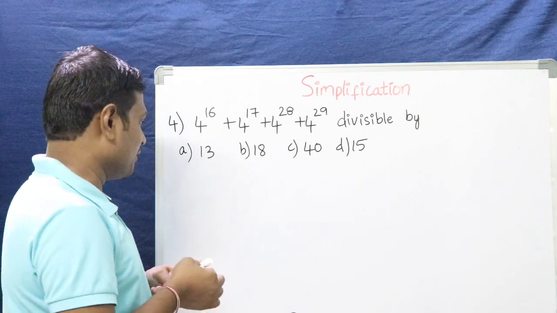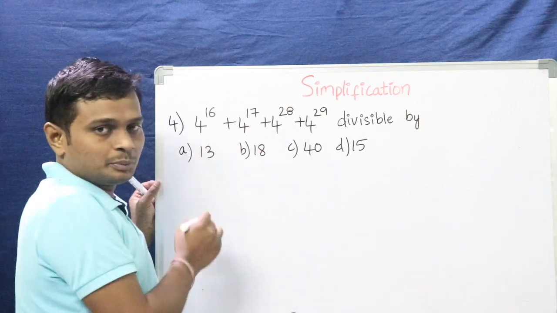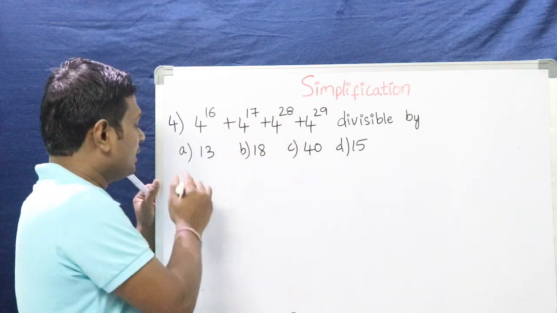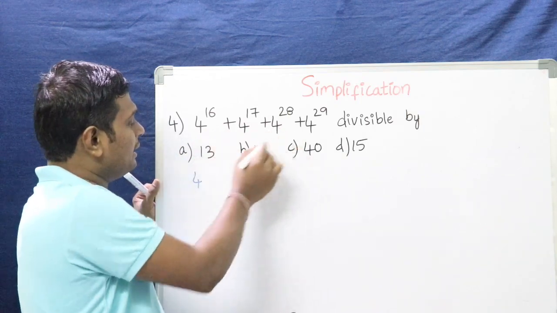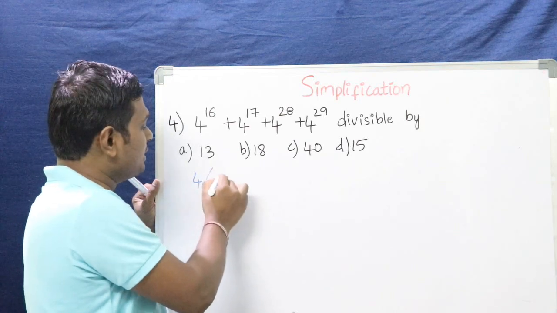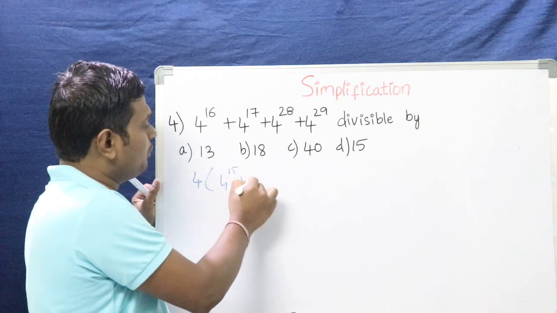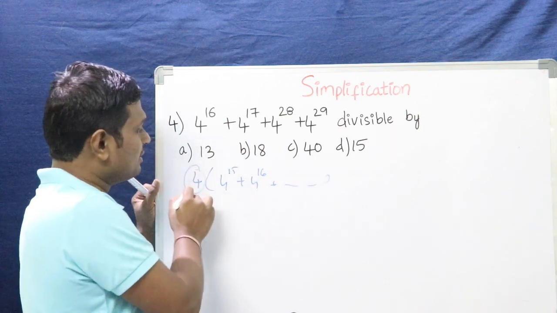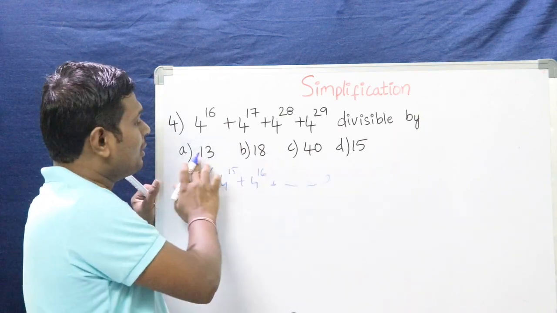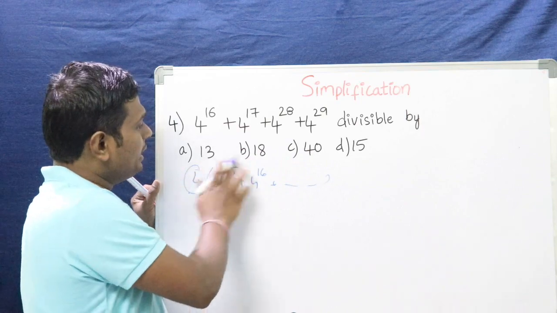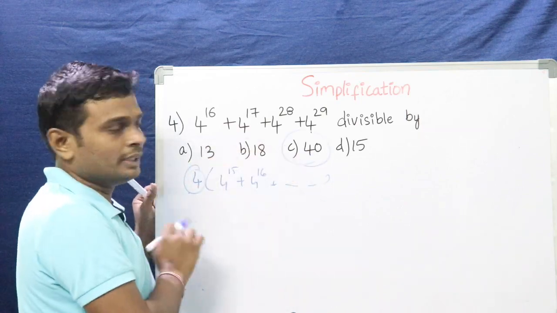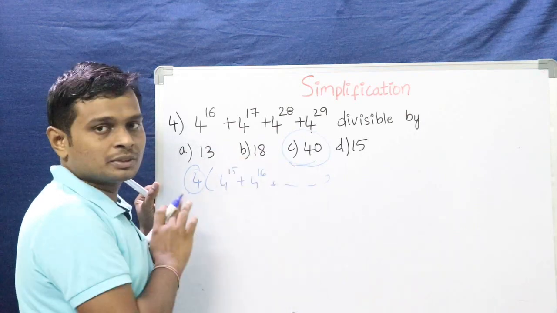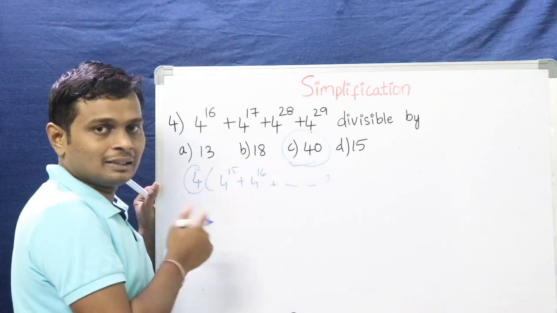The first thing we can do, by looking at the options, is that the result should be divisible by 4, right? How can we know that? We can take the 4 value as common, and the remaining term would be 4 to the power of something, like that, right? That means 4 is a factor of the result. Among these 4 options, only 4 is the factor of 40 only. So this is the answer. Okay, let's assume if we have multiple options with 4 as a factor, then what can we do?